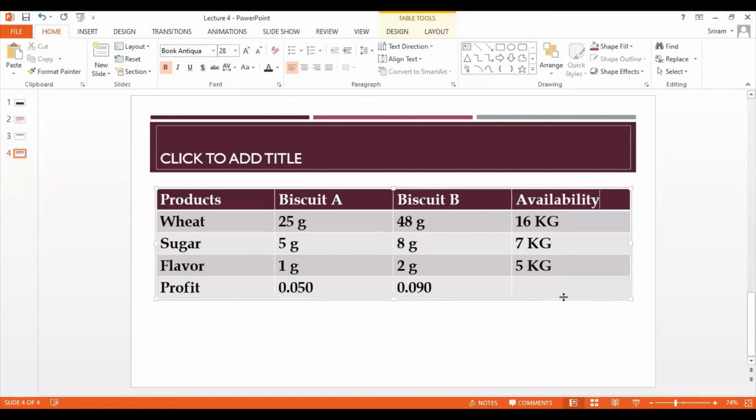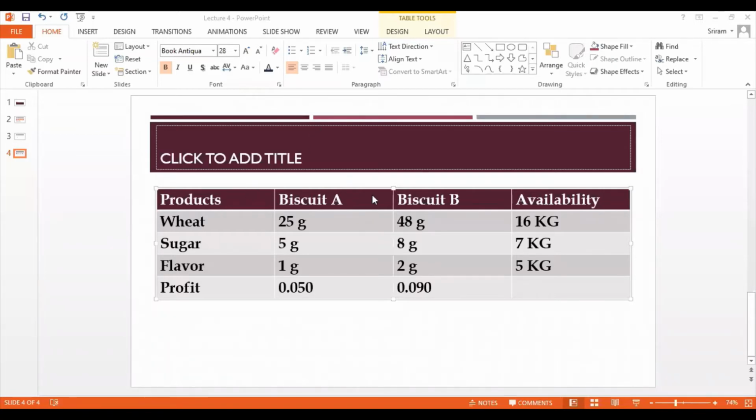Do you find the difference between the previous class and this class? In the last class, I took the biscuits row wise, and here I am taking them column wise. This table is only for our understanding. Whichever you feel comfortable, you can use, in the column or in the row.